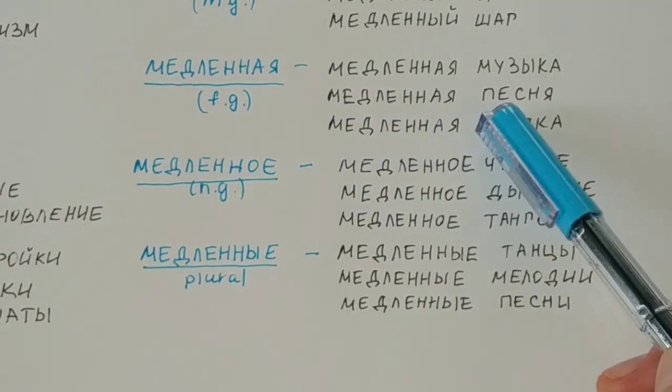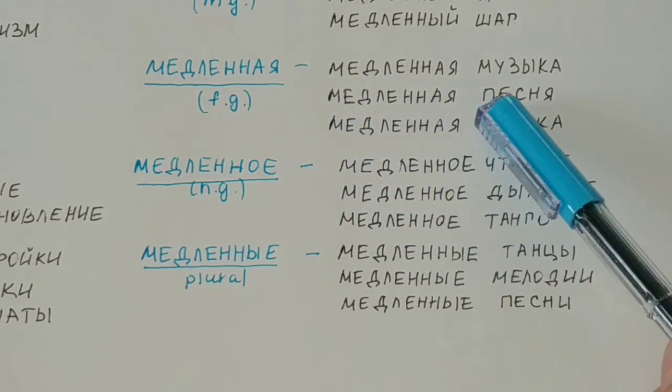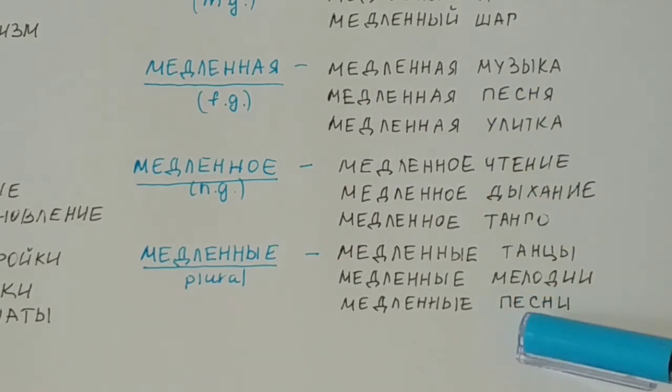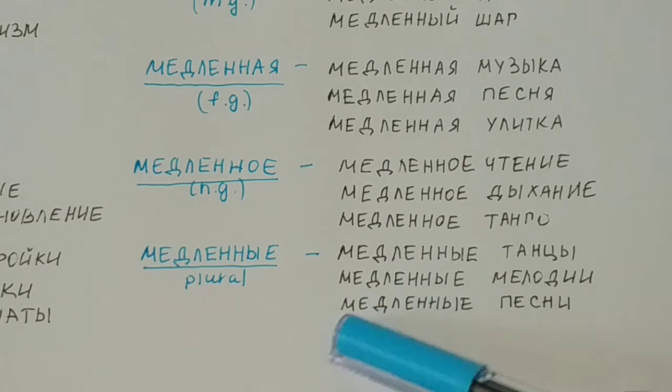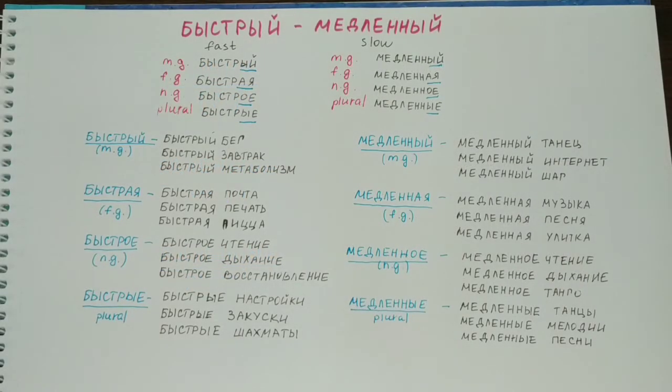Just like we used this expression in the singular, where we took notice of the gender form of the noun, but since here it is the plural, we are not talking about the gender, but about the plural form. So here медленные песни means slow songs. So here you can see all of the examples of how different versions of these two opposite meaning adjectives быстрый, fast, and медленный, slow, can be used in simple phrases.